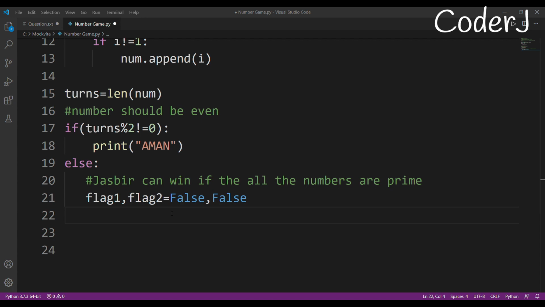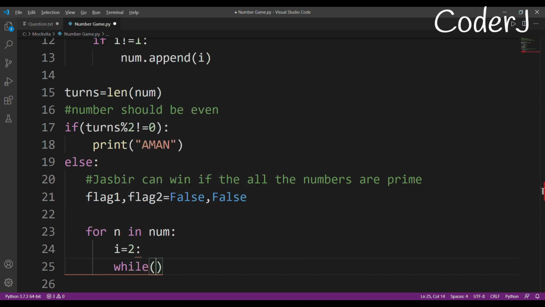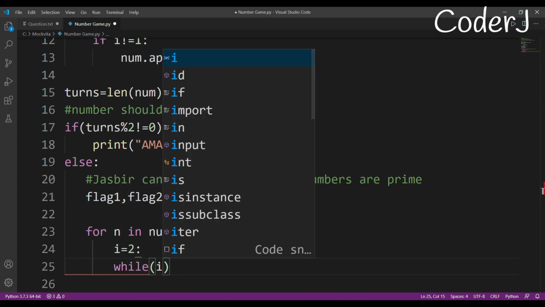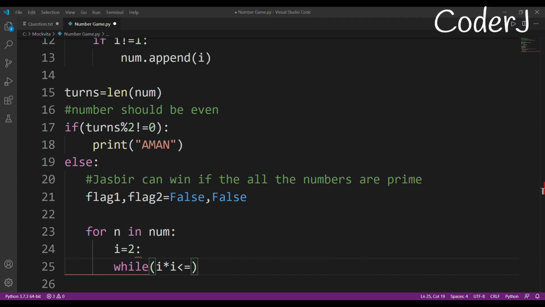Now I'll move on to checking if the numbers are prime or not. How do we do that? Very simple. For n in num, I iterate over all of these numbers, and start i from 2. I'm not using a Sieve of Eratosthenes or anything else, because I'm not checking every number.